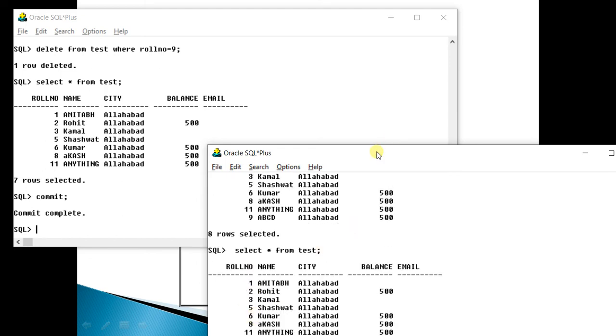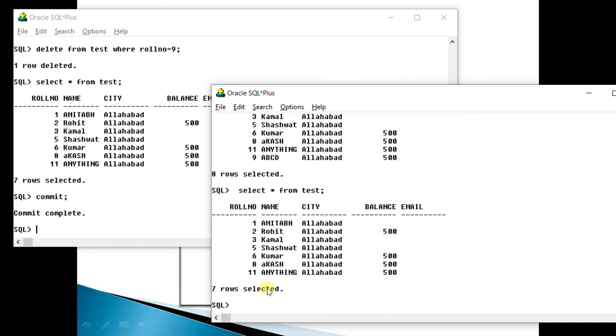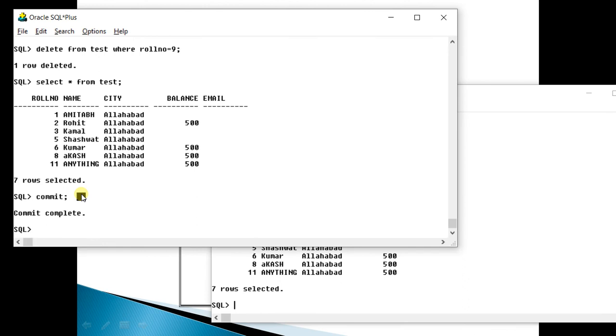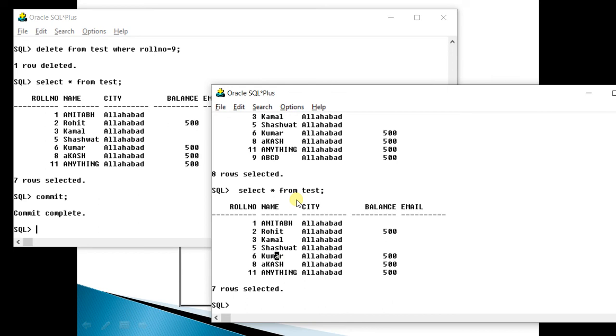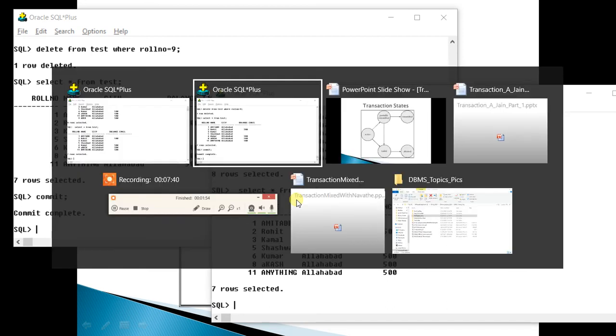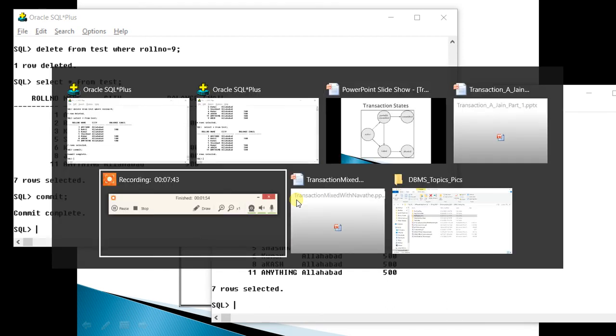Now you can see 7 displayed. So once a transaction is committed, the changes made by the previous transaction will be visible to all. So this is one aspect of the transaction management system. There are many others that we will see in coming slides, but this is one of the aspects.